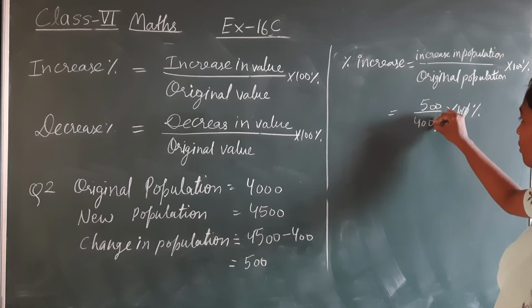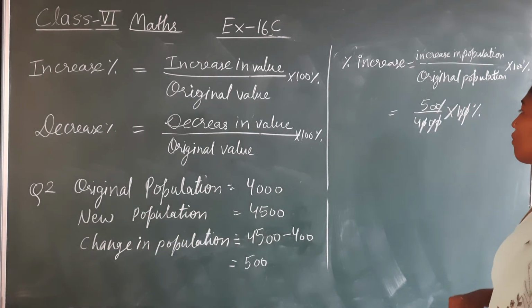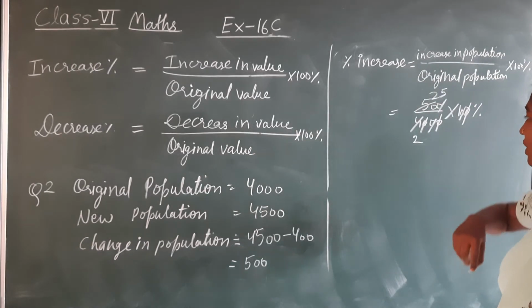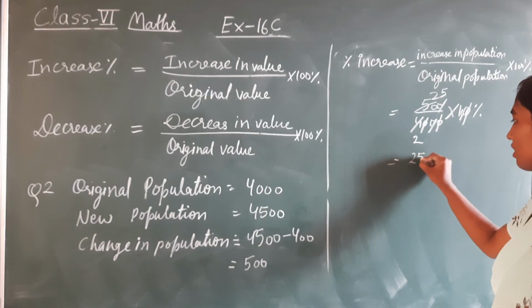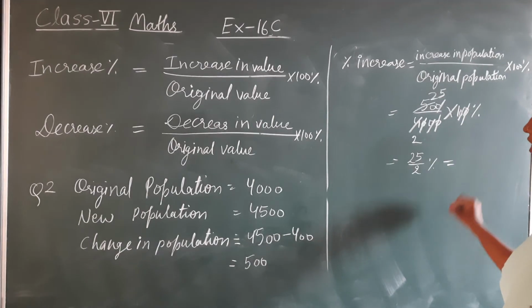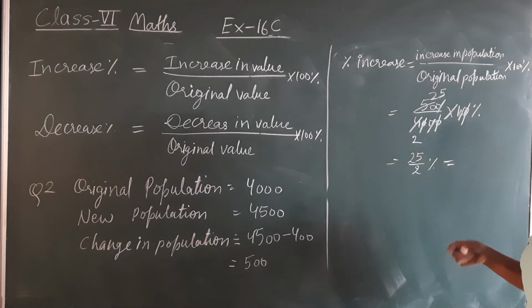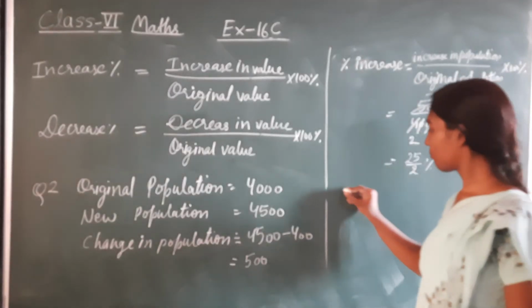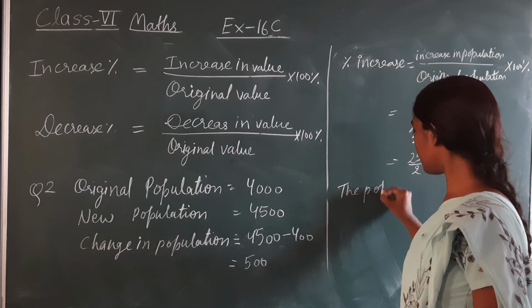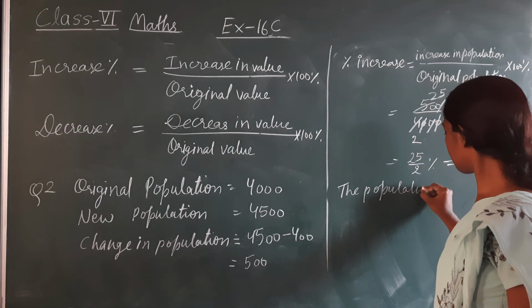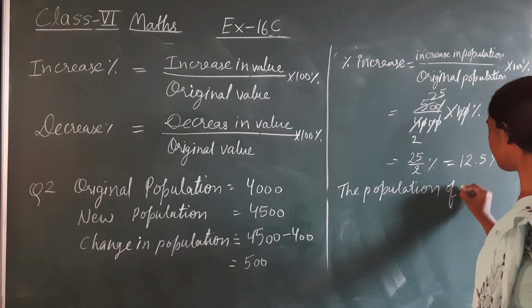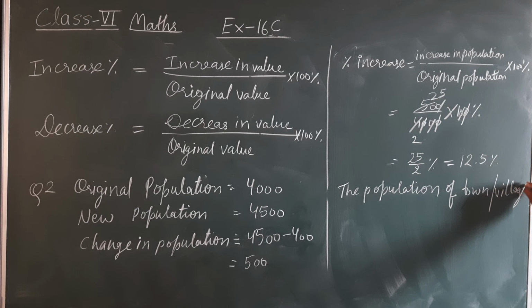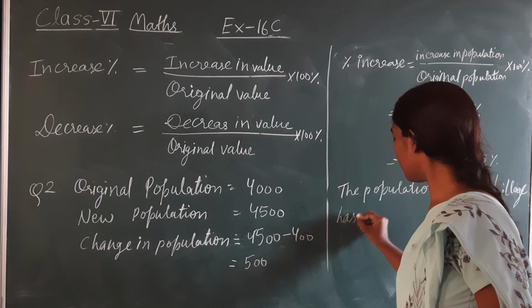0 0 cancel, 0 0 cancel, one more 0 cancel. What is left? 2 2s are 4 and 2 25s are 50. Here I am getting the answer 25 by 2 percentage. Again if I convert this into a mixed fraction or into decimal, I will get 12.5 as the answer. Means the population of town or village has increased by